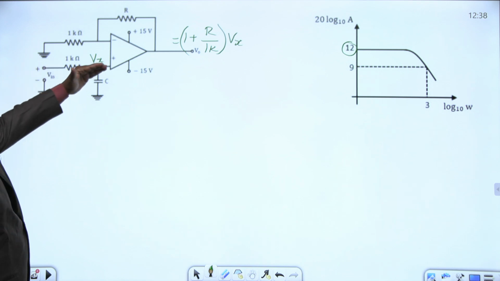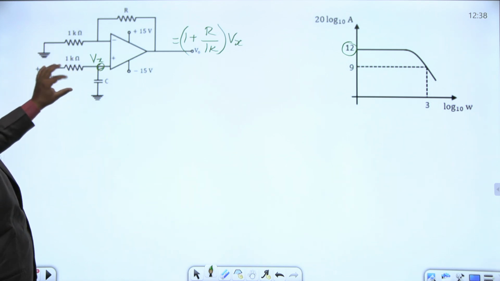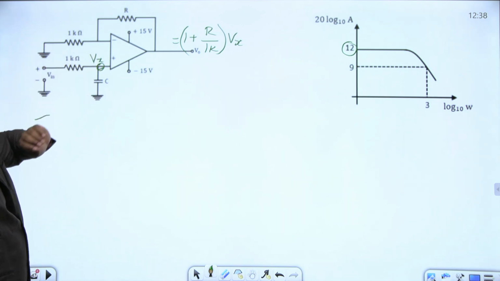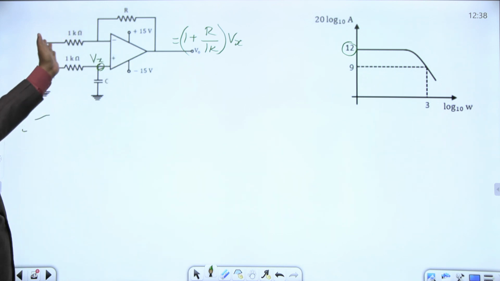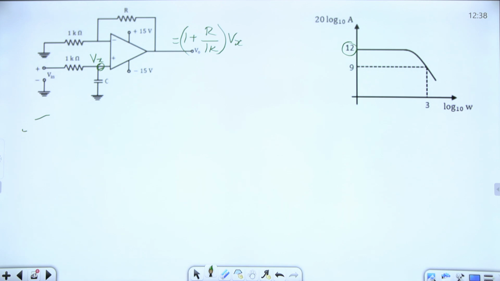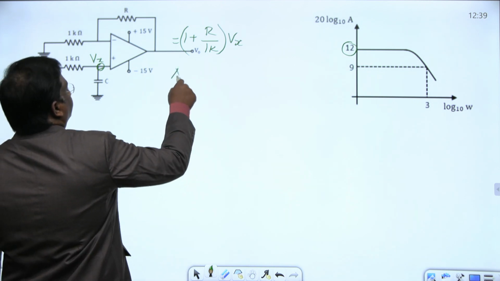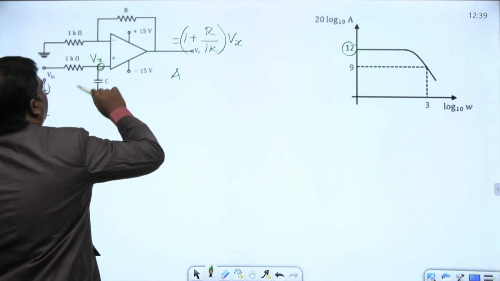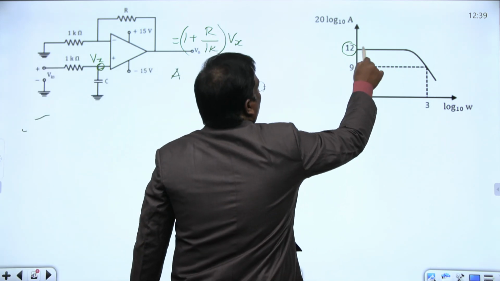Open, no current flows, ideal op amp, no drop across this resistor, capacitor opens. This is the Vn. Gain is 1 plus R by 1k into Vx itself. Here I am just writing the gain at a low frequency. Since they gave the information at low frequencies,